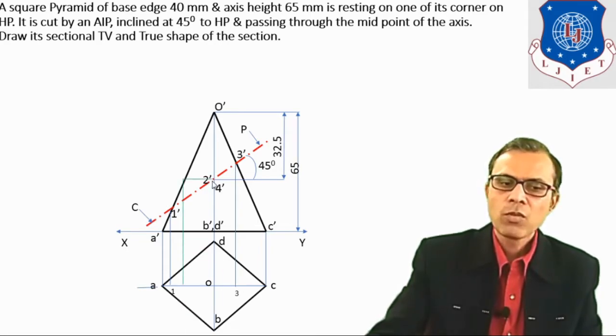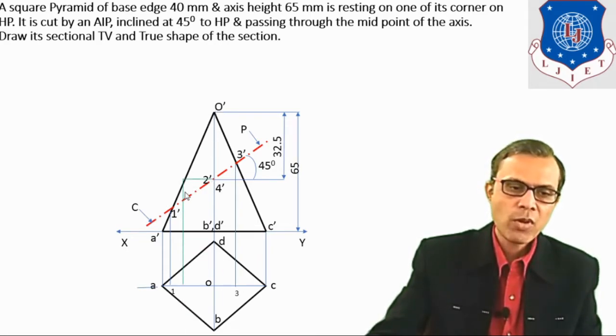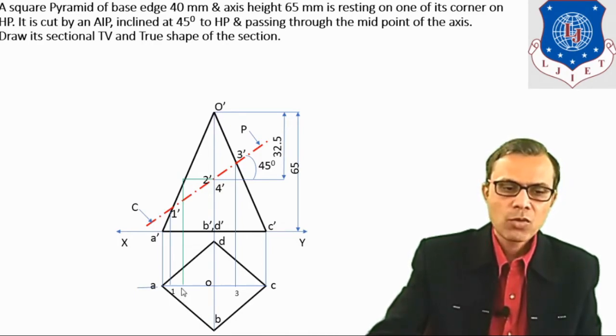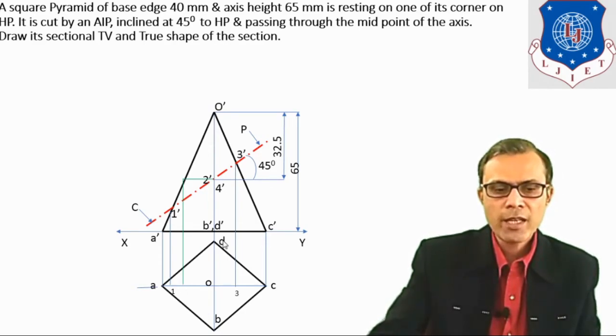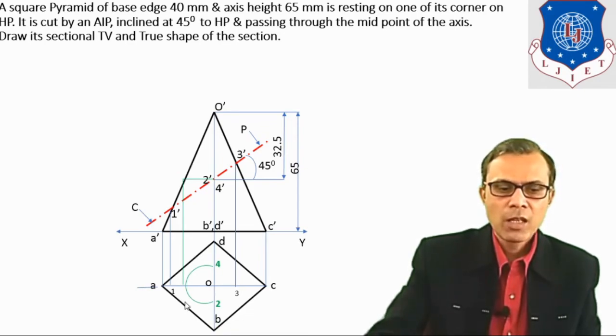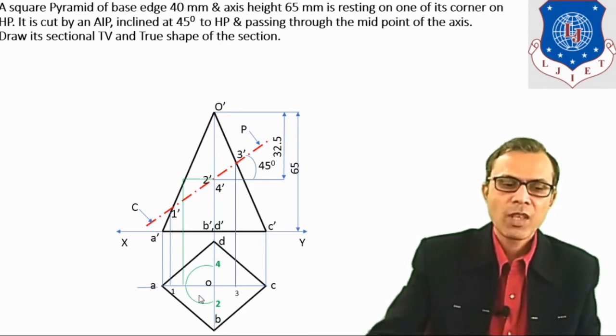Draw a horizontal line as shown here up to this slant edge O'A', and from this point draw the vertical projector in downward direction. So it is the point which we got as the radius. So now take compass size equal to from O point up to this point, it is the radius, and draw a semicircle as shown here. So here we have 2 points, number 2 and number 4, on OB and OD edge. Now join all these points in sequence.